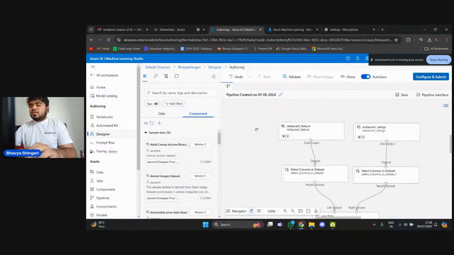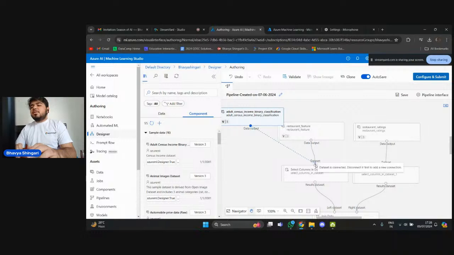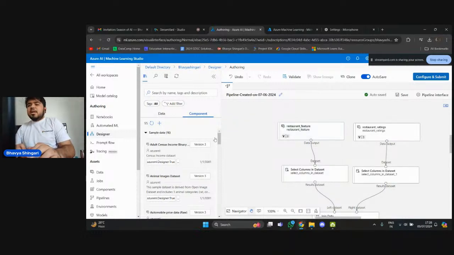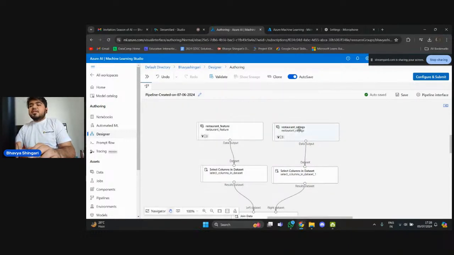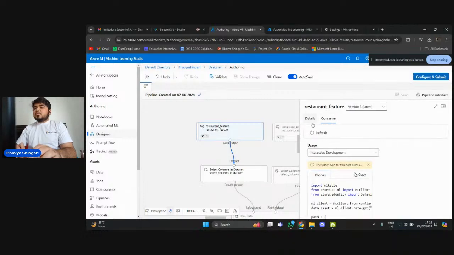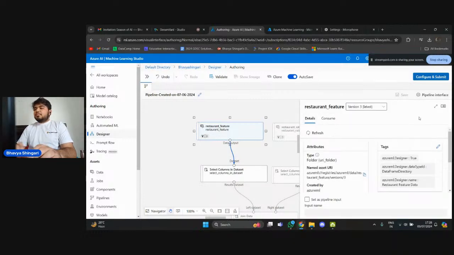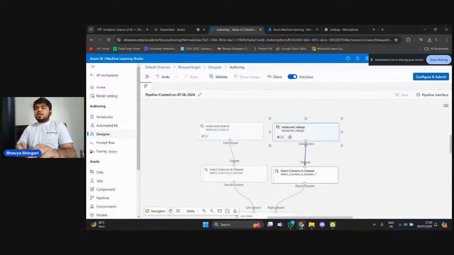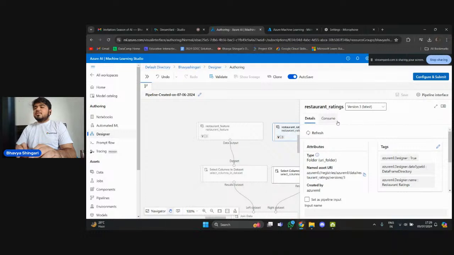Once you drag and drop, you're going to be working with the data set and you're going to be connecting these with the pipelines. So as you can see, this one is already connected, so I don't need to do anything. So here is my data set, which is restaurant feature, and these are ratings. So these are two data sets. This one gives the machine learning model our features. Like based on the features like customer ID, customer reviews,